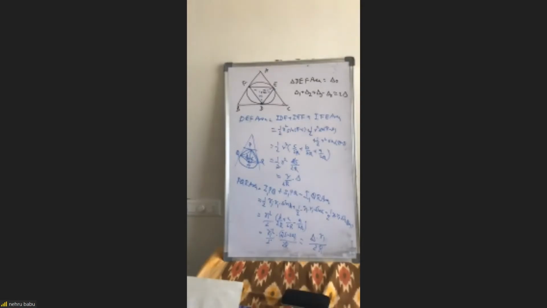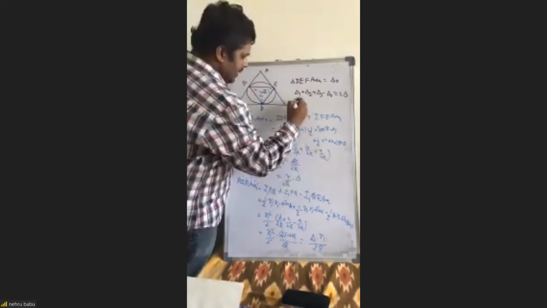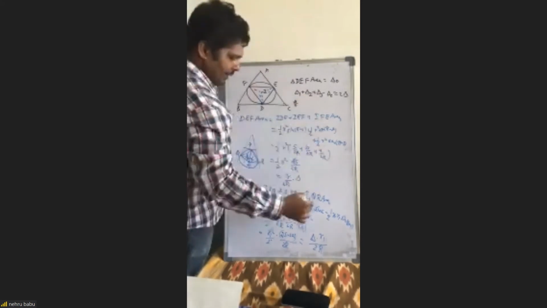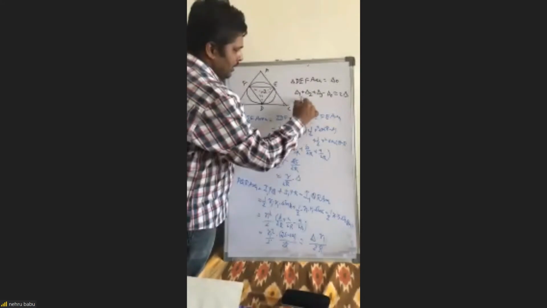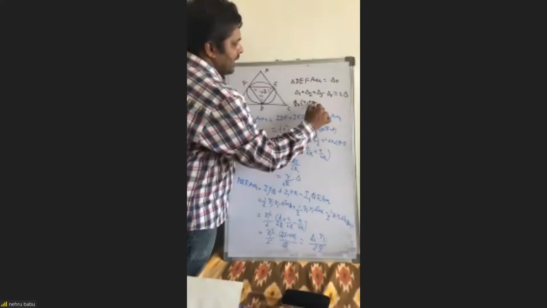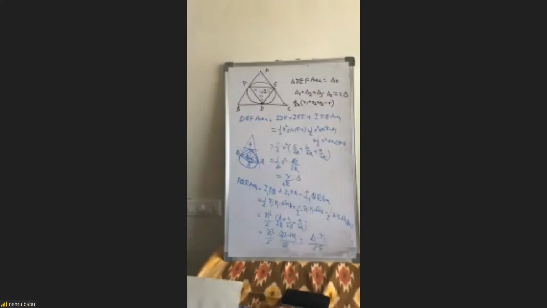Now, similarly, if you write all these parts, what happens? This delta 1 value you are getting, if you observe here, delta by 2R is common in every term. Here you are getting R1 plus R2 plus R3 minus R. And here we know already R1 plus R2 plus R3 is 4R. So R1 plus R2 plus R3 minus R is 4R. If you substitute that, 2 delta will come.